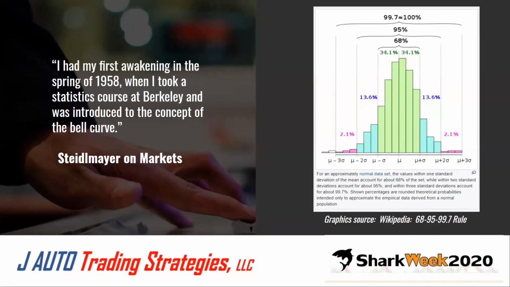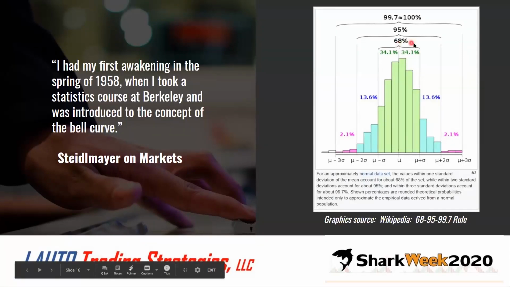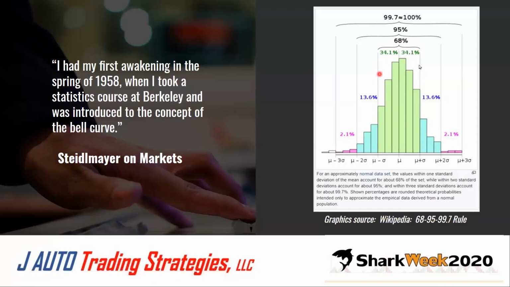Which brings us to really trying to understand what this bell curve is all about. It is just a statistical concept. I'm sure many of you are familiar with it. The first standard deviation is represented by 68% of the middle of the data distribution, with your mean right here in the middle. The Greek letter sigma represents the standard deviation.